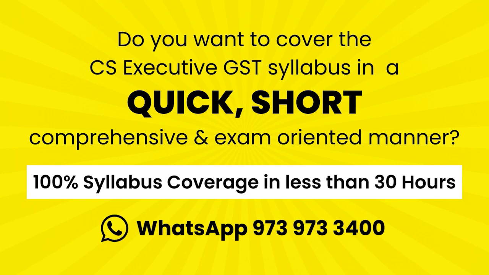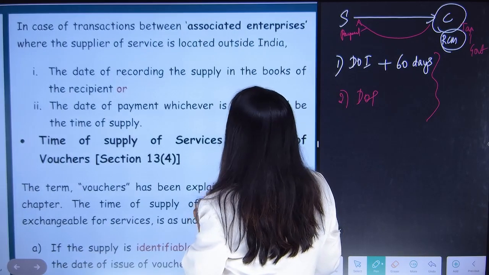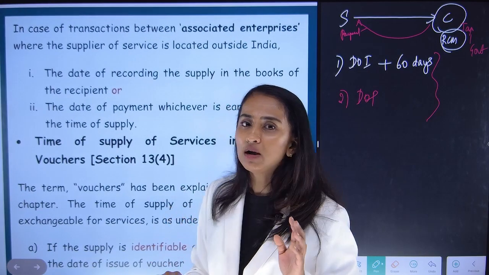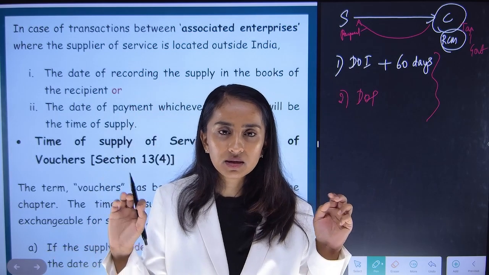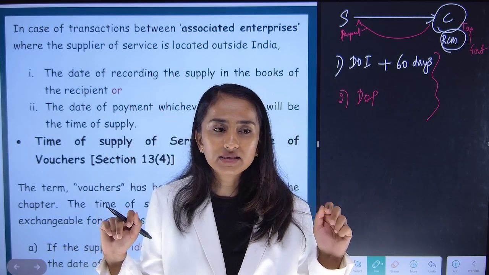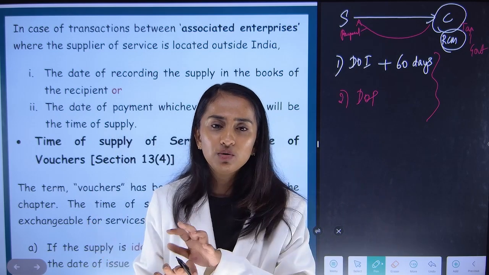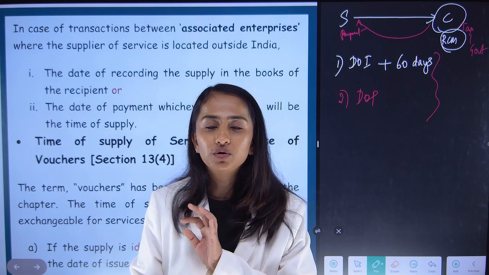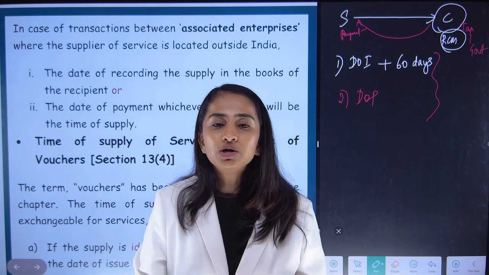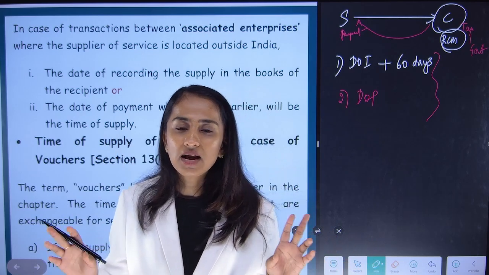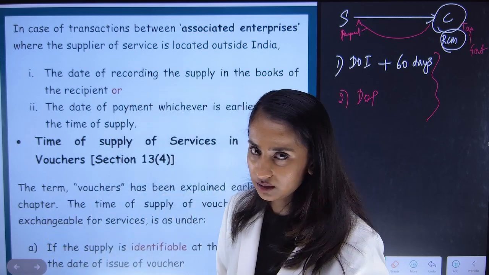Okay. Now, transaction between associated enterprises where the supplier of service is located outside India. Both are group companies, company A and company B, and the same person owns them. Or maybe one company holds more than 26% voting power or shareholding in the other company. They both will be associated enterprises. So if they have a common link like this and satisfy the definition of associated enterprise,